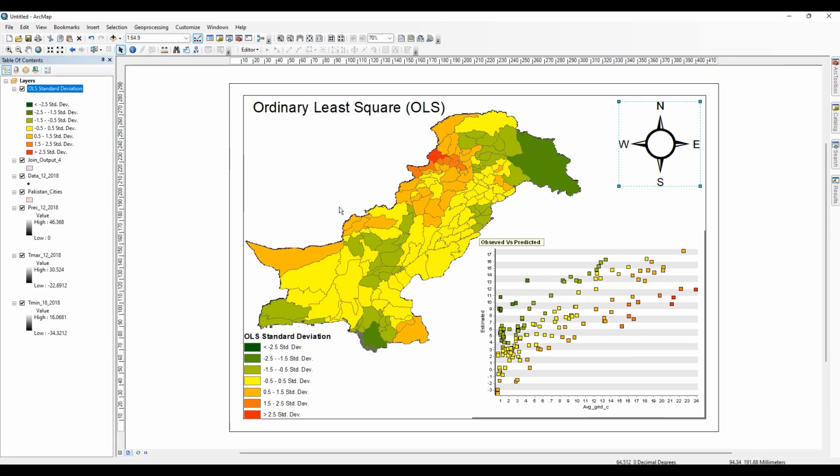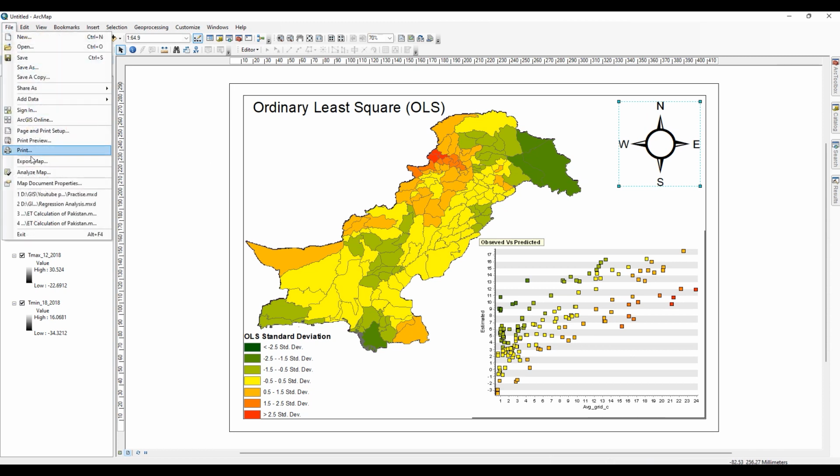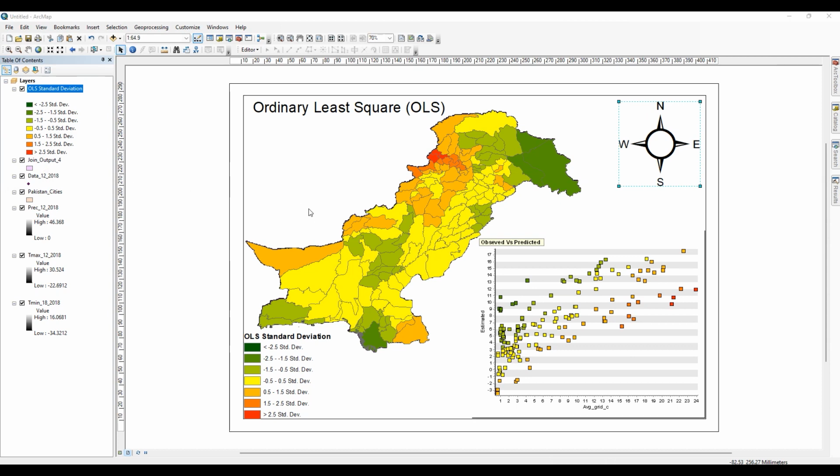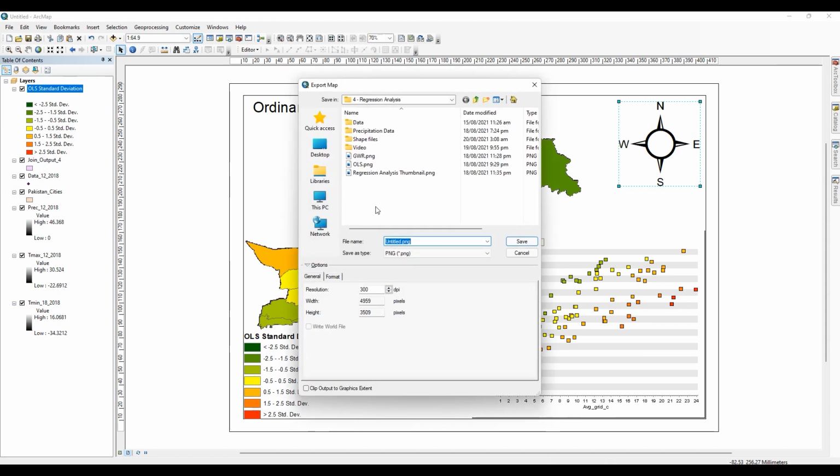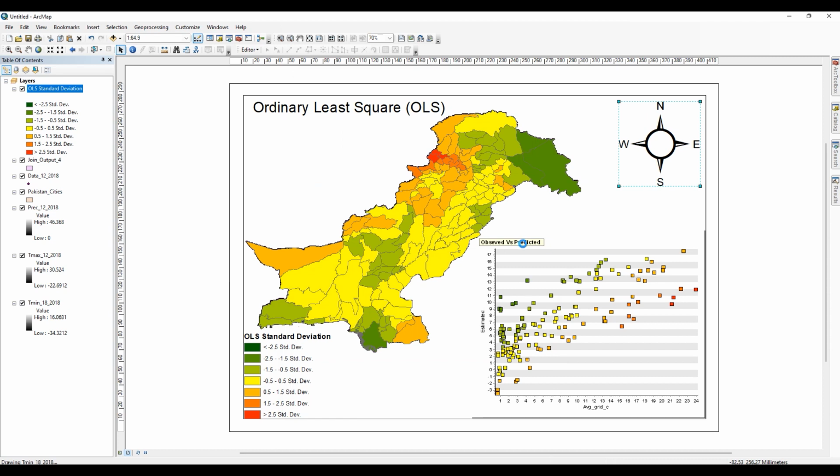So our layout is completed for ordinary use. We can export this map here by this option. Set your desired name and click on save.